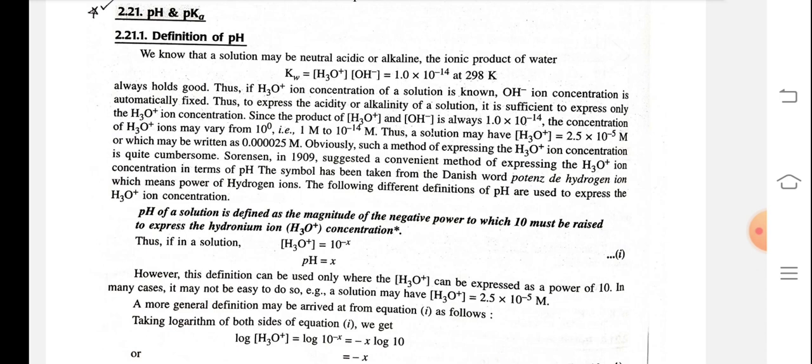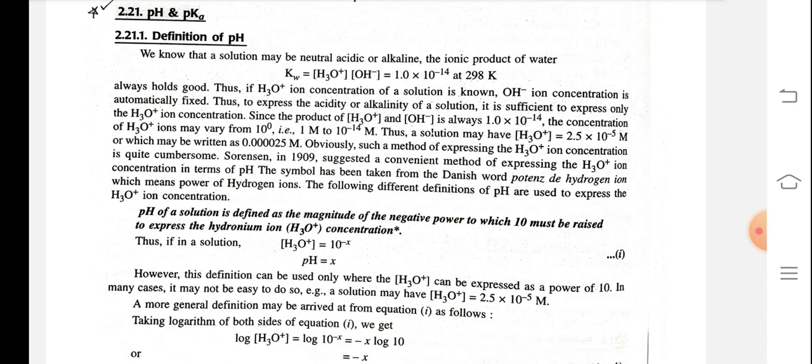The ionic product of water, Kw, is equal to the H3O+ concentration times the OH- ion concentration, which is equal to 1.0 × 10^-14 at 298 Kelvin. This always holds good. Thus, if the H3O+ ion concentration of a solution is known, the OH- ion concentration is automatically fixed. Thus, to express the acidity or alkalinity of a solution, it is sufficient to express only the H3O+